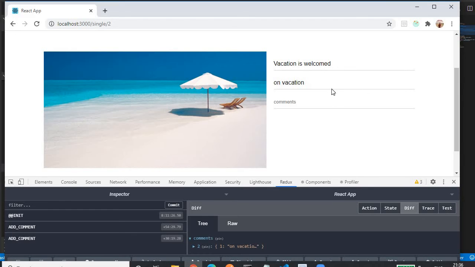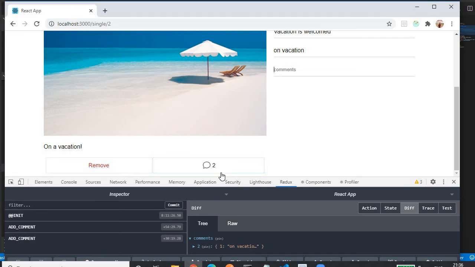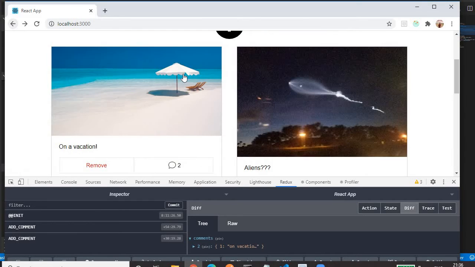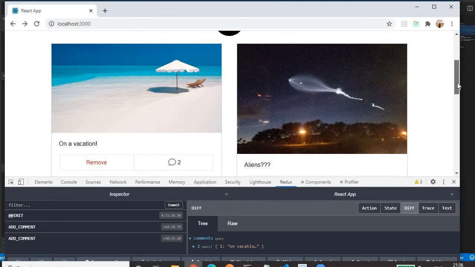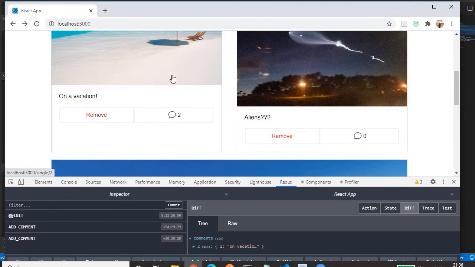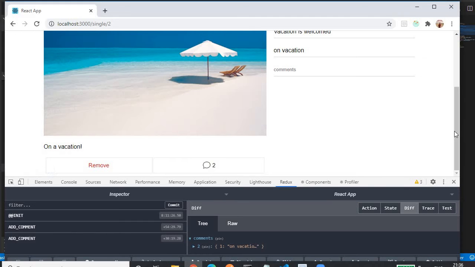The second comment also gets added, and if you scroll down, you will find the comment count to be 2. If you go to the previous page, you will see that for this image we have 2 comments, and on click of comments we navigate back to the comment page.